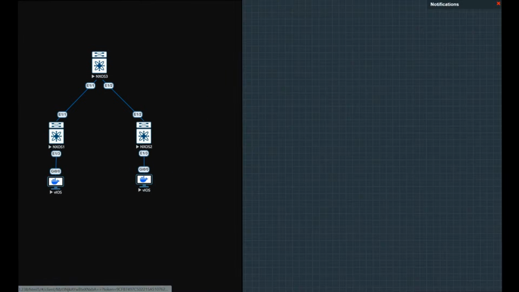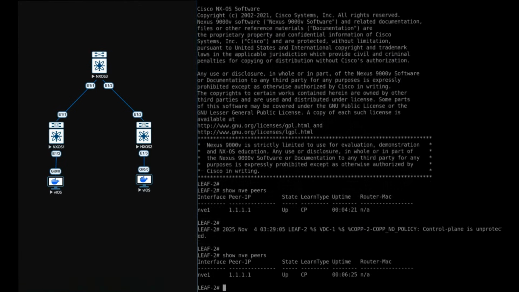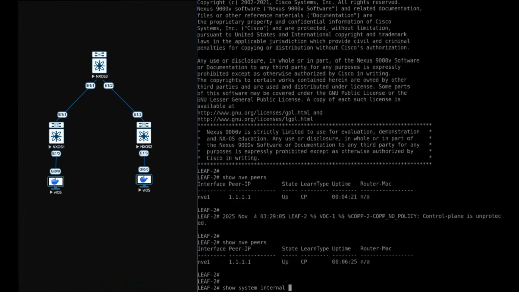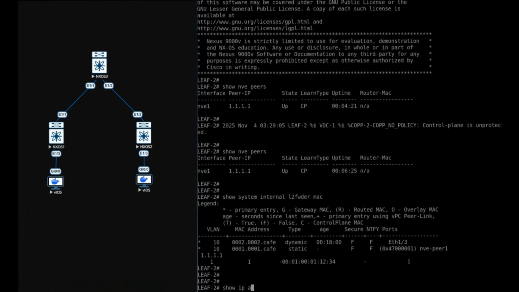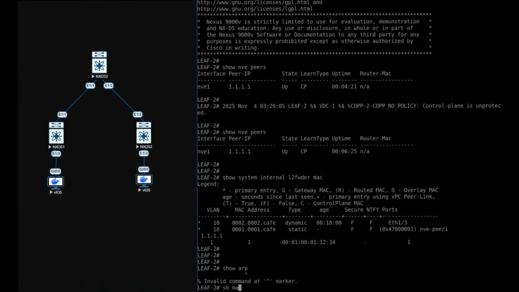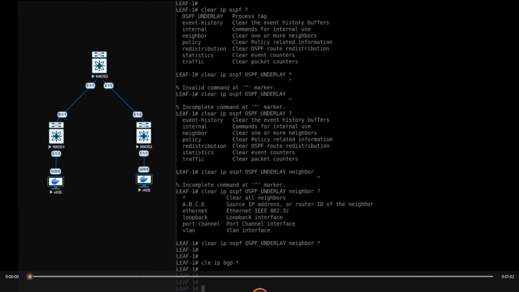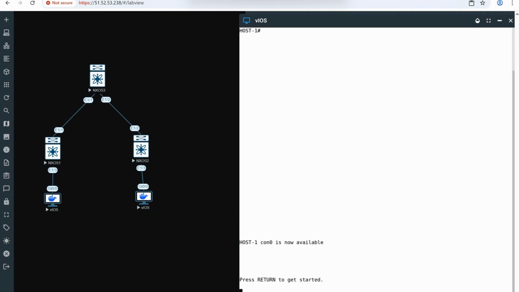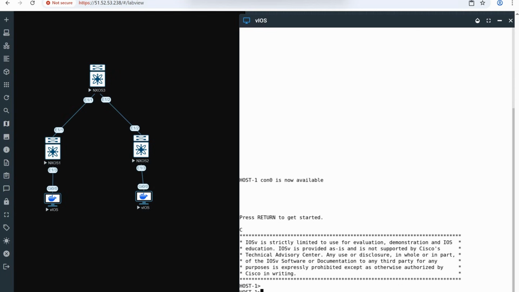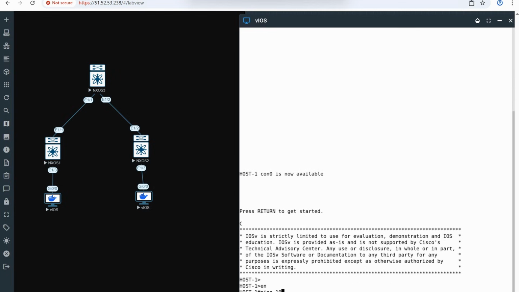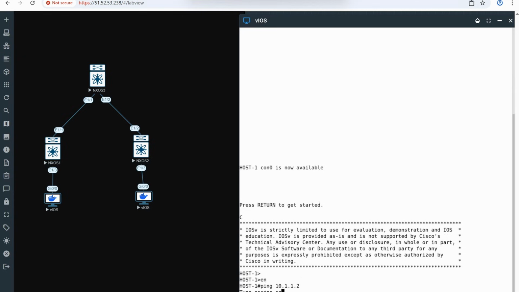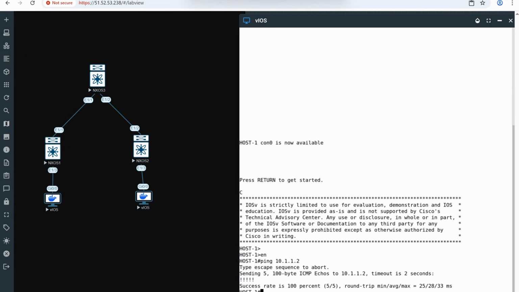So I initiate the ping, and it is working fine from host 1. We'll have both the MACs and then we'll have the NVE peer up. In the system internal L2 forwarder MAC address, both MACs are being learned there. In the MAC address table, we'll see that it will have the static entry. So for example, if I initiate a ping and do a packet capture, we'll be able to see how the packet is going forward. If I ping from host 1 to host 2 and then do a packet capture,